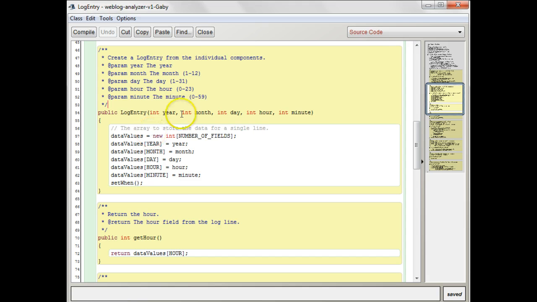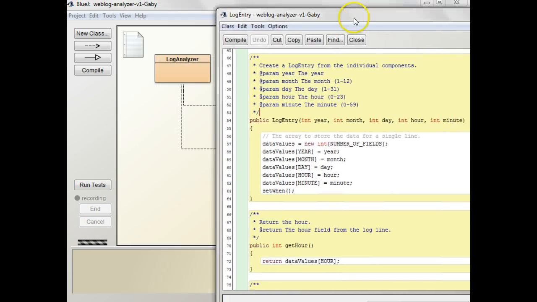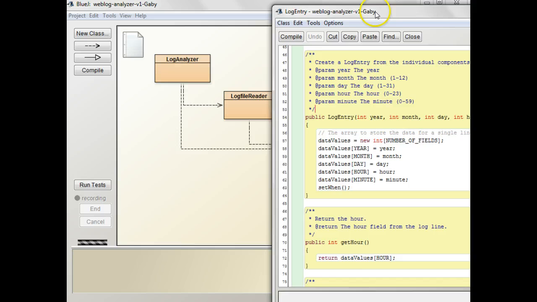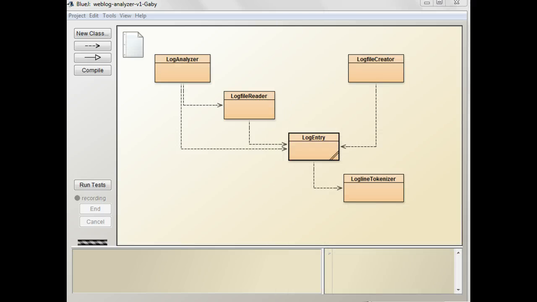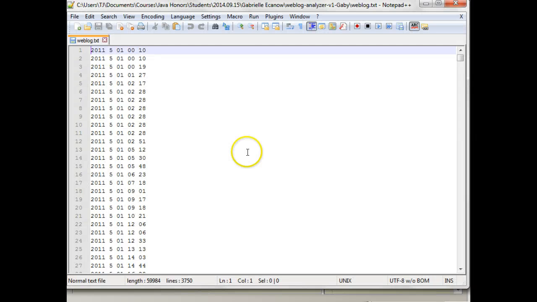So the data that gets read in, and you can trace through this on your own probably, but if you need help with that, let me know. But basically what that means is that when you're looking at this data, this is the year, this is the month, this is the day, this is the hour, and this is the minutes. And when you're doing that